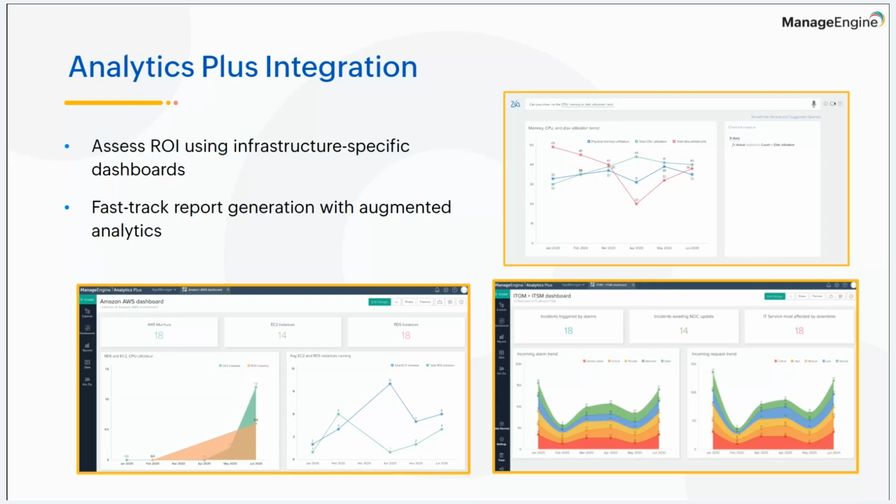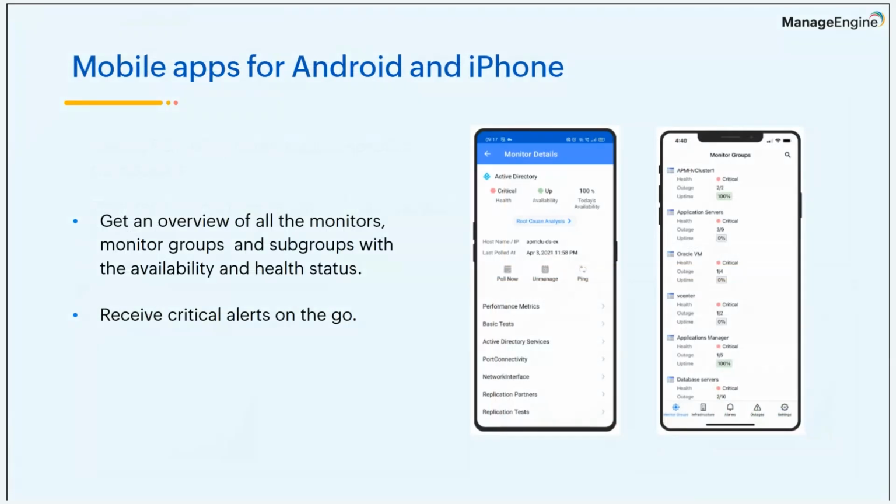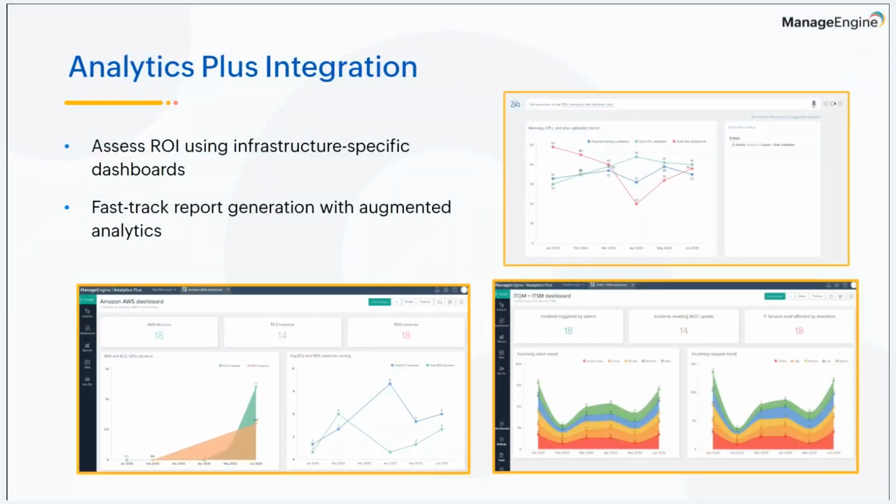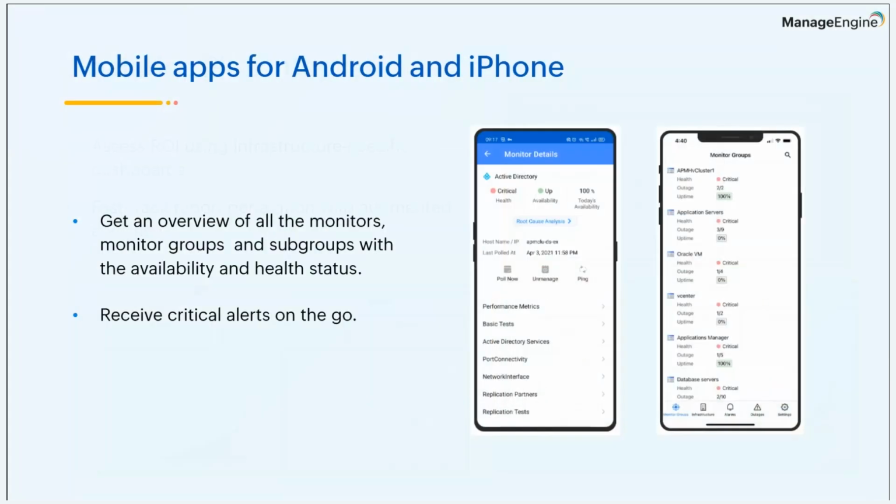etc. It basically gives you advanced analytics of all the trends or all the reports that are present in Applications Manager. And we also have Prometheus integration, wherein you can import all the Tomcat servers or OpenShift servers at one go. And finally, I would also like to let you know that we also have mobile apps for Android and